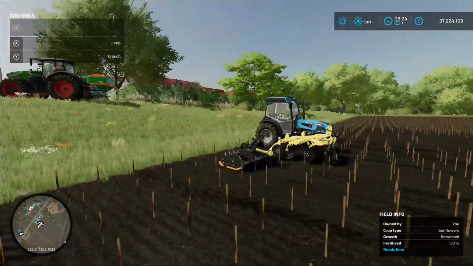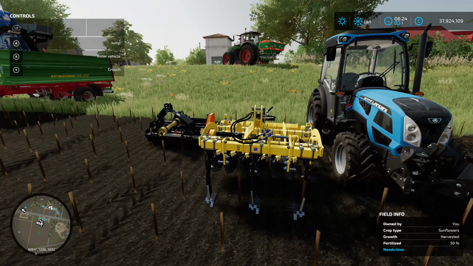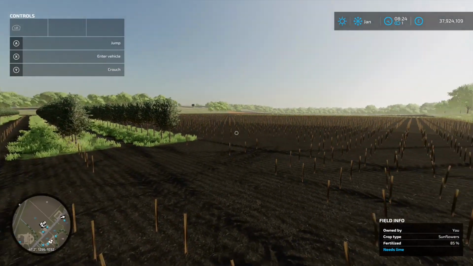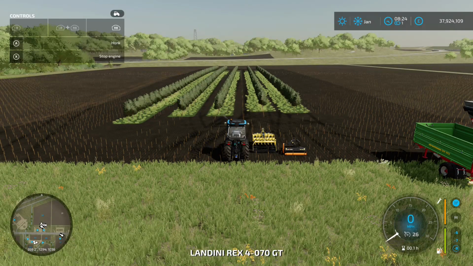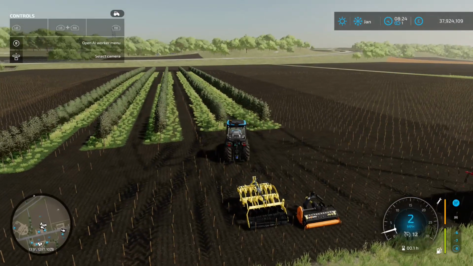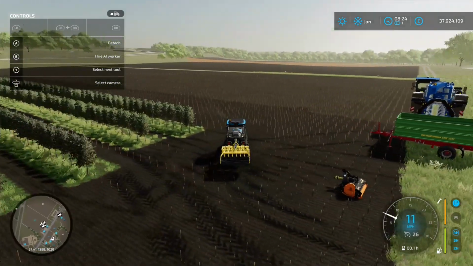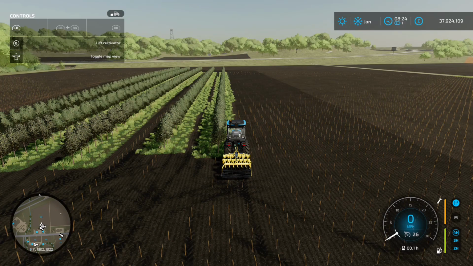Okay, so once you've harvested, once you've unloaded, you're going to need to subsoil or plough, well they're both the same thing really, to get the maximum out of the crop itself. Although with olives, as with grapes, you do need to subsoil or plough after every harvest. So we'll do that now. I'll hook this up like so. Then as with the mulcher, lower it down